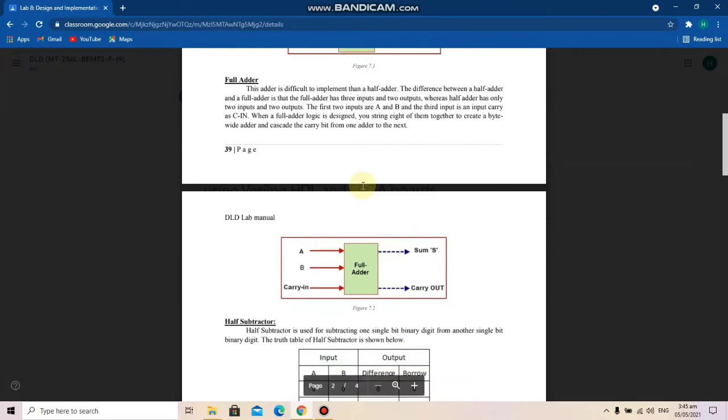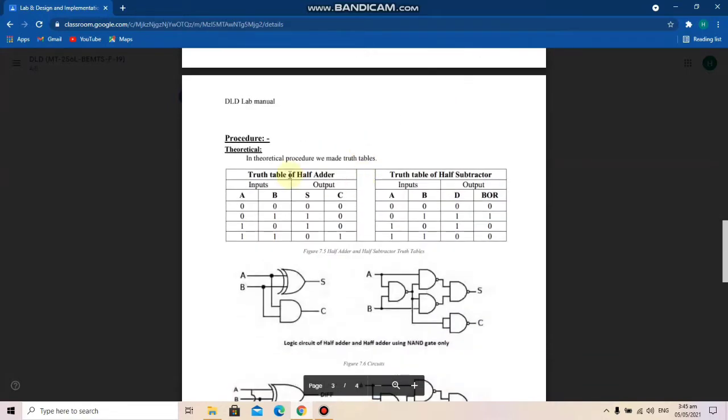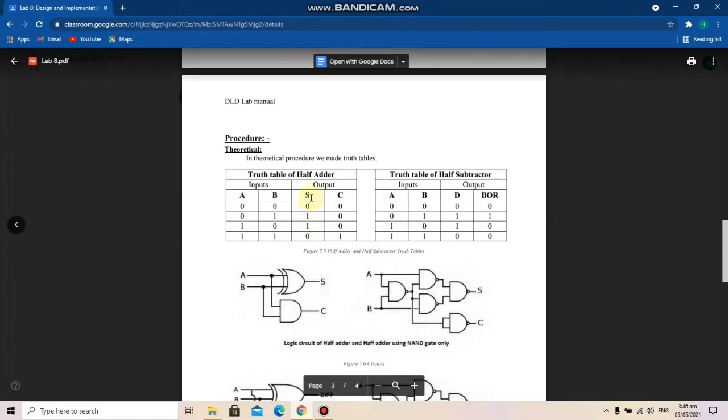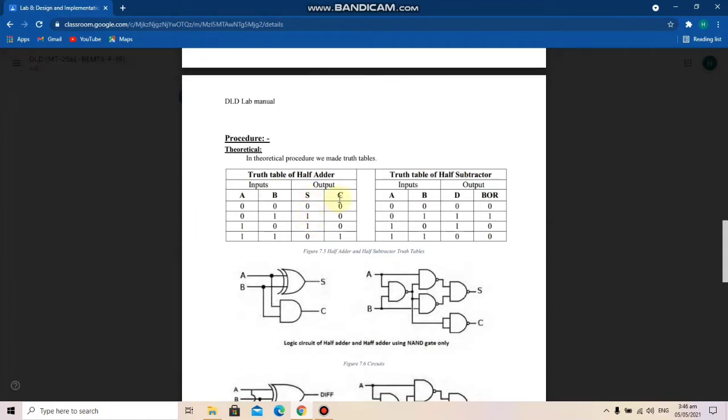So first of all, let's look at what a half adder is. From the name we can understand that it's basically an adder, which means it performs the function of addition. In a half adder, two single bit inputs are given and they are added and we are given the output. The output is a 2 bit output whose least significant bit is known as sum